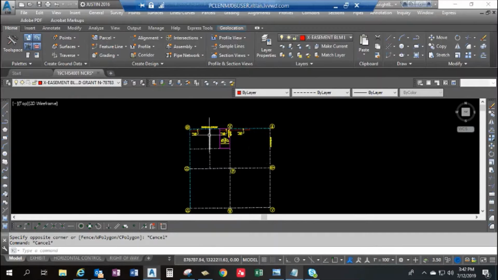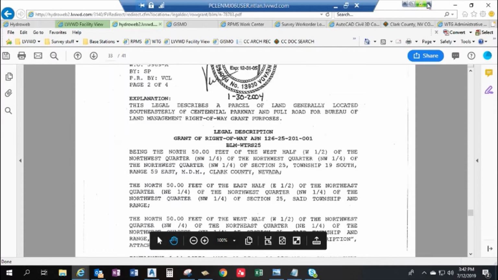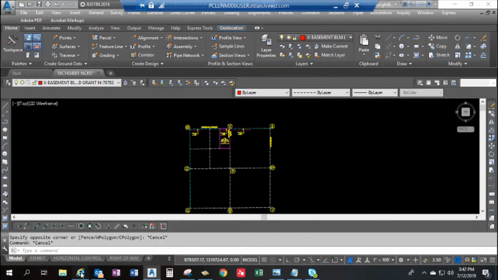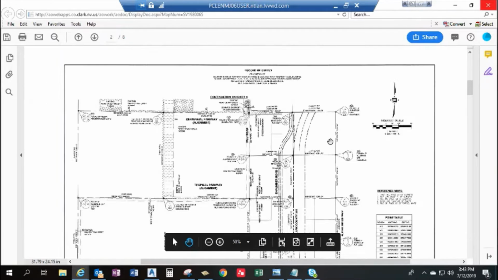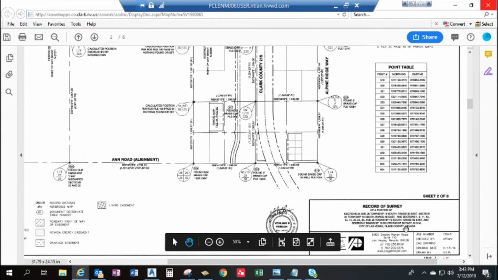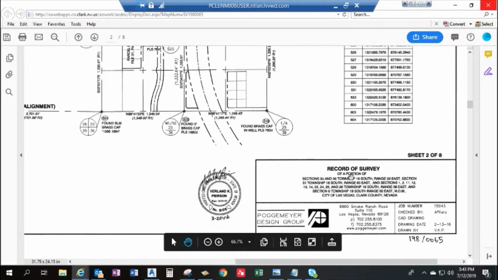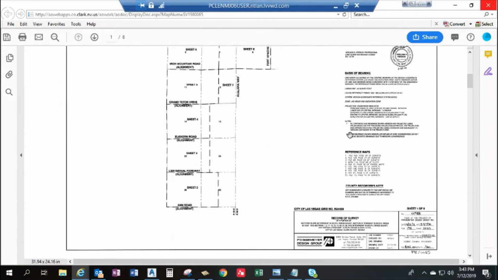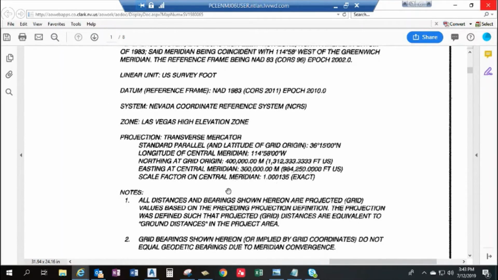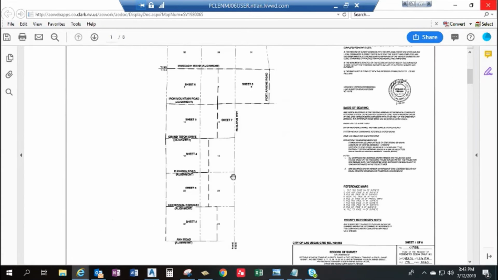I've calculated the exterior boundaries of this quarter of a section from the following survey that you're going to see here. Yes, right here. This record of survey is recorded in file 198, page 65. If you look at sheet 1, they explain that this is done in NCRS high zone, and all coordinates shown